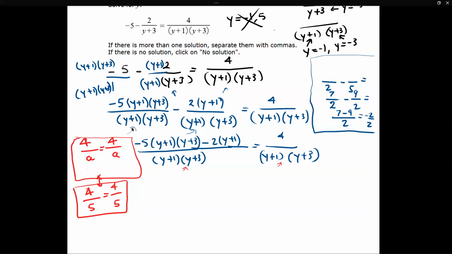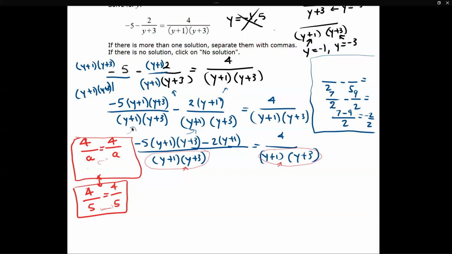So if the denominators are the same, like in this case or this case here, right? Then the numerators are equal as well. So that's the trick that we're going to use to simplify this big thing. So we're not going to cross multiply, we're not going to distribute or anything. What we're going to say, since this is A,